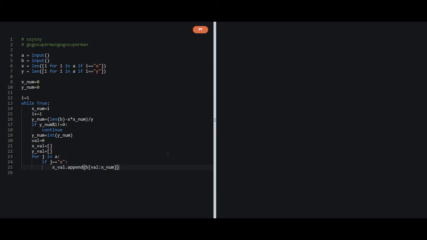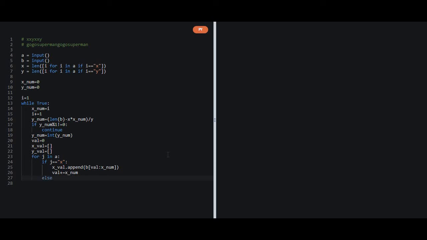And now we want to move on to the next value, so val plus equal to xnum. It is important to move on to the next values, otherwise we will loop through the same thing and we will get the same values of x, and it does not make any sense.